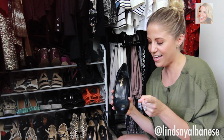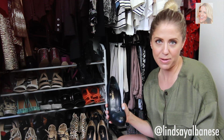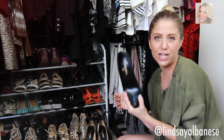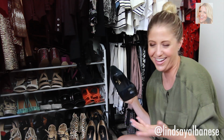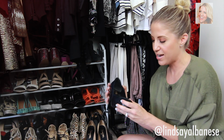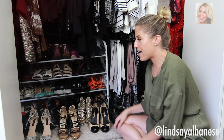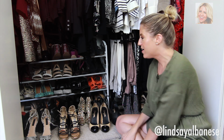I had an idea. This idea happened years ago. We're gonna fill the toe with cement and use it as a chic door stopper. What do you think? Is that a good idea? We have yet to do it, but I still can't get rid of this guy. I think that sums up this part of the closet. I have affordable, expensive, I have stories to be told in my shoe closet, and let's go to the other